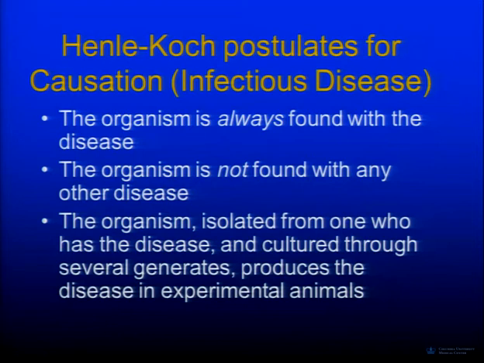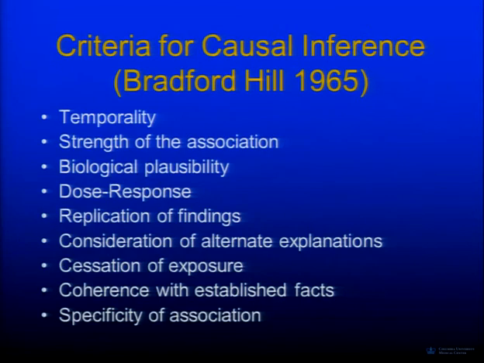But as time went on, and remember the first class where I said that in the past, it was all infectious disease. That's what we were worried about. But now that chronic diseases are our concern, we have to move away from this and think of some other criteria. So the criteria that were actually developed by the Surgeon General for the smoking and lung cancer association are the Bradford-Hill criteria. And these are still used in legal cases today. People will still use these criteria to try and determine whether or not something caused disease.